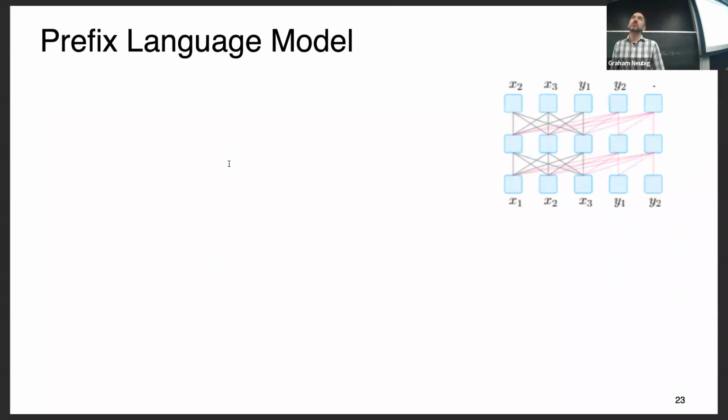Another example of a language model, which I haven't talked about a lot, they're not the most popular right now, but for completeness, it might be worth mentioning them. They're prefix language models, and prefix language models are basically trained with both autoregressive and bidirectional masking. So the first part of the language model is trained with bidirectional masking. The latter parts of the language model are trained with autoregressive masking, so left to right masking. And these are nice because you can share the parameters of the model. You can have only a single set of parameters, but you can allow for both varieties of masking to be handled.